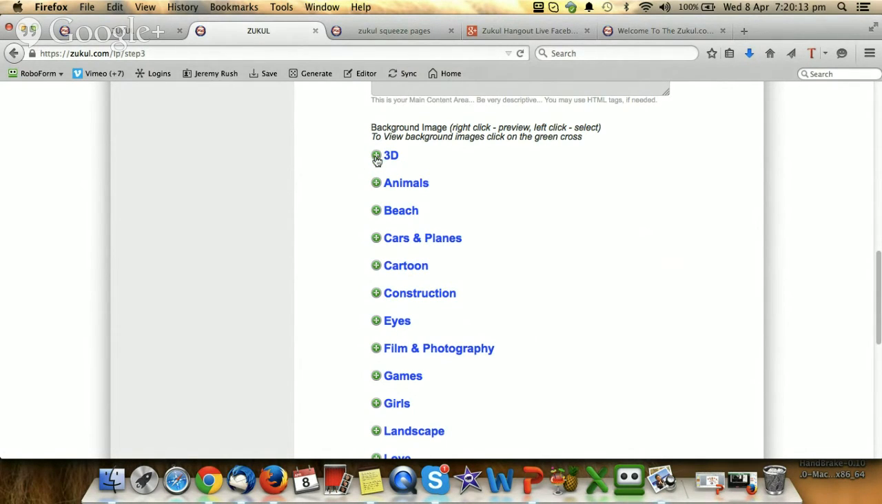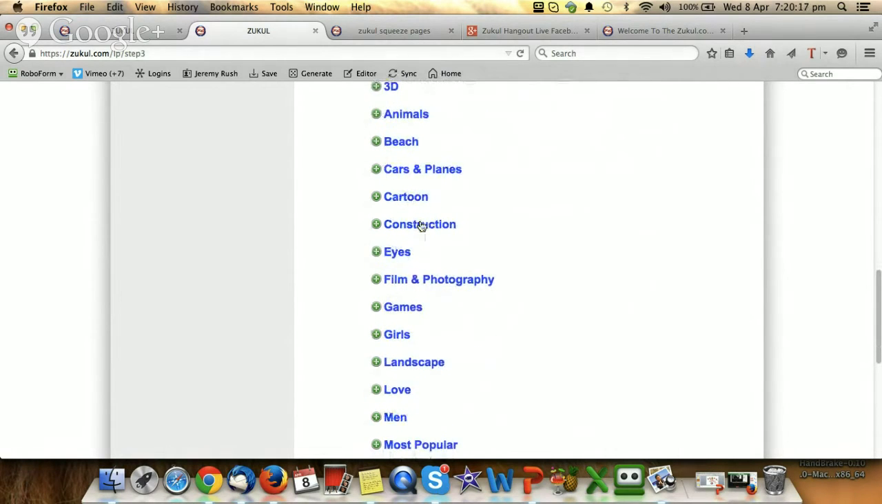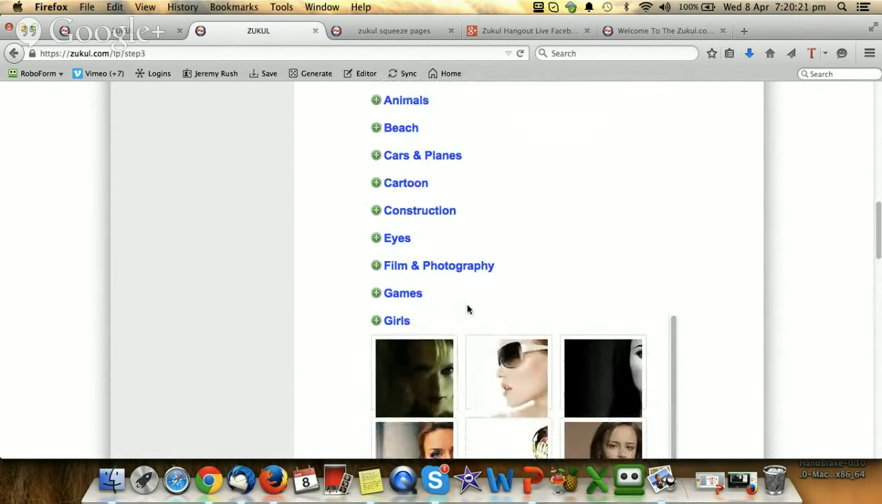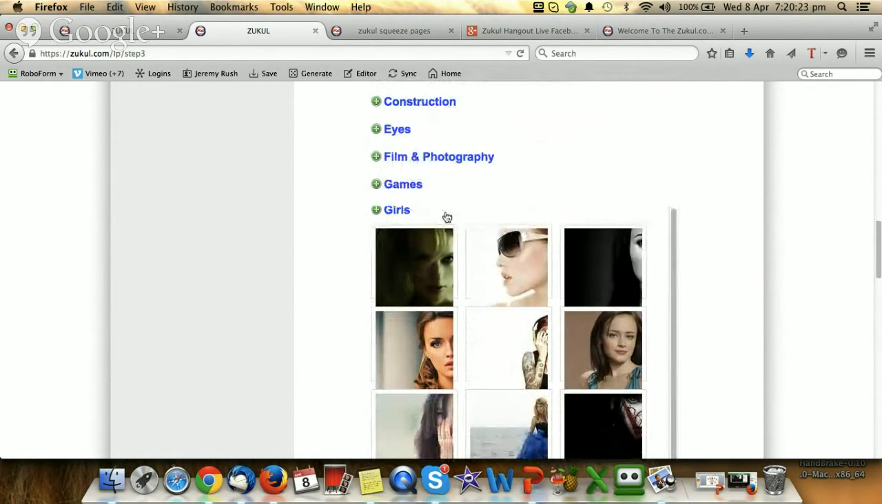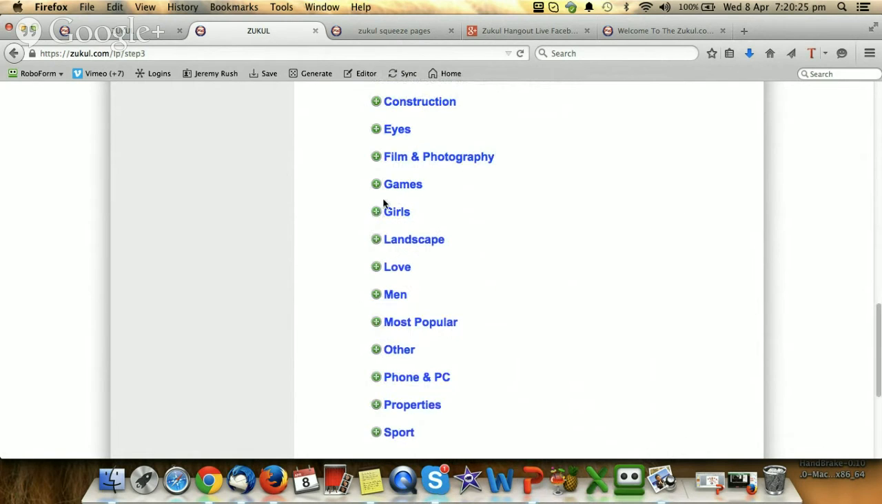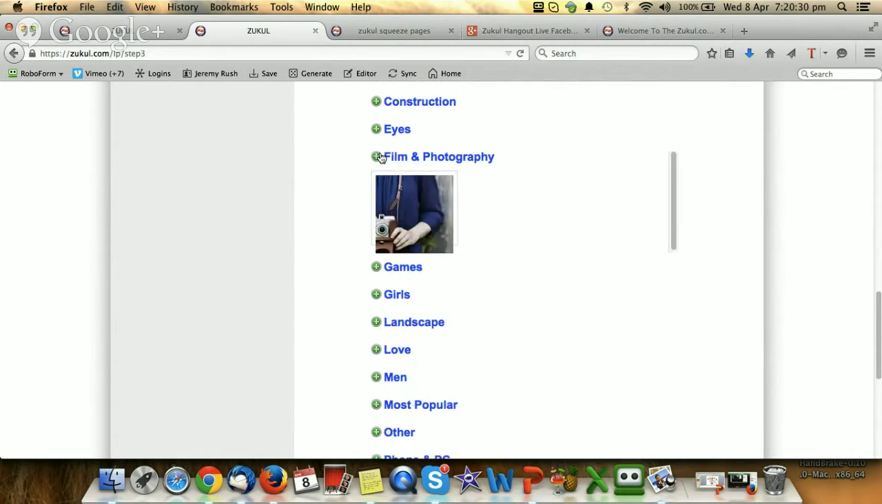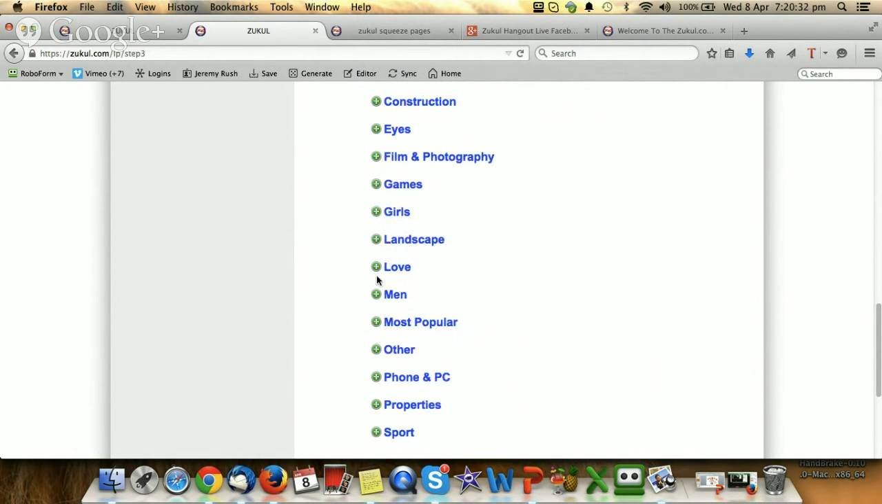I should do as many as I can, but all you need to do is, well, let's come down to, I don't know, the girls. You just click on the link there. That's whichever campaign that you want to, and then you click it again and it closes it. So it's gaming, film and photography, love,